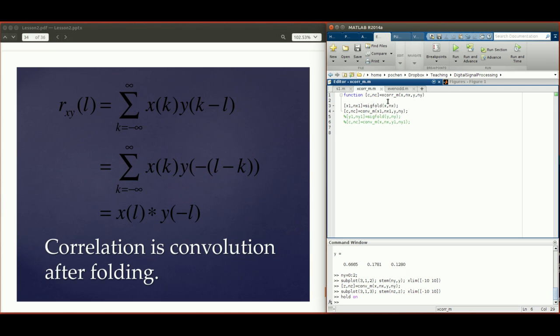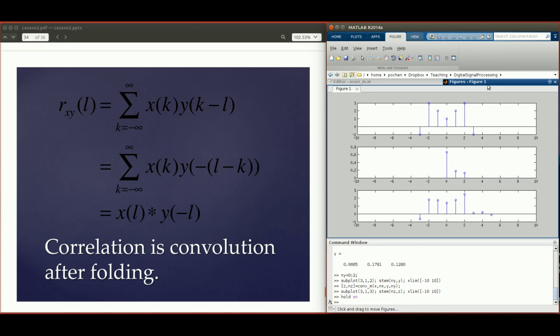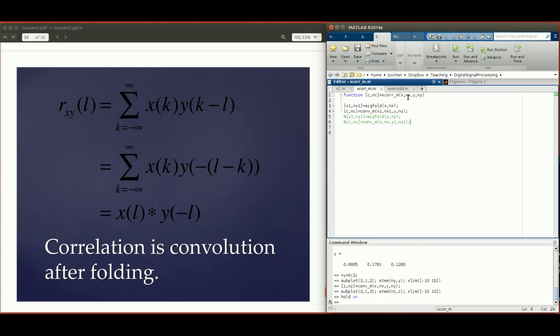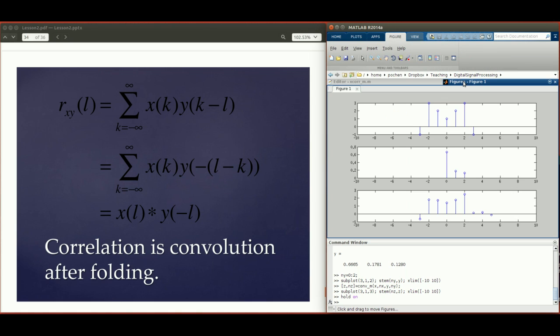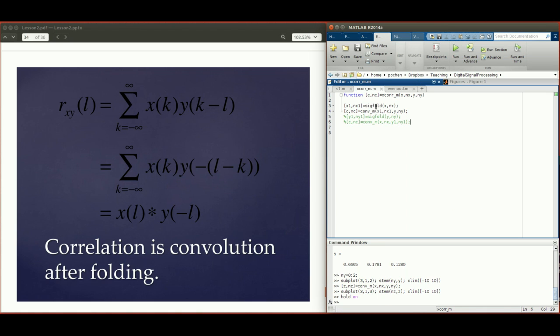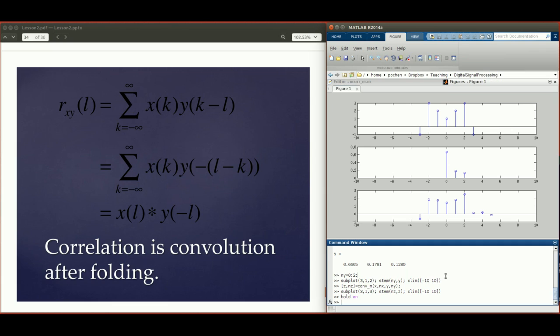call this correlation function, but I'm gonna use x, my symmetric signal. I'm gonna use this thing as the first input signal, right? Because I know that for this even signal, after the folding operation, it's identical to the original signal, right? X1 and X1 is going to be identical to X and X actually, right? So I'm going